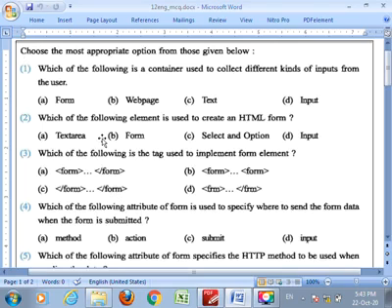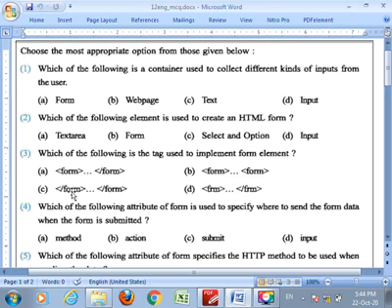MCQ number 3 is, which of the following is the tag used to implement the form elements? It means if I want to create a form, then which tag do I use? The options are form and /form, the second option is both form, the third option is both /form, and the fourth option D is FRM and /FRM.